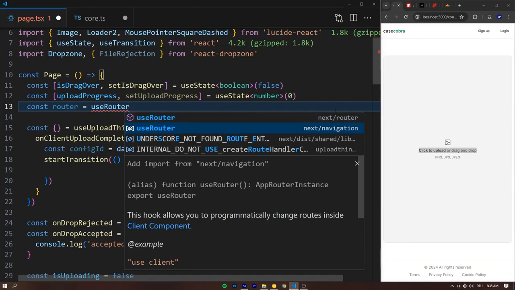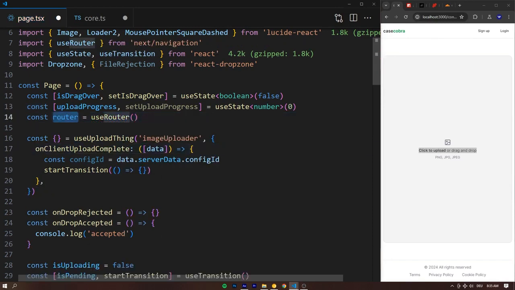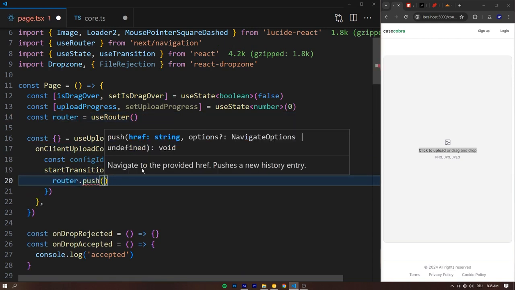Not next/router, by the way. That's for the old Next.js. The next/navigation is what we want for this. And then we can simply call the router.push. So we're going to push something into the URL, and that's going to be as a template string to